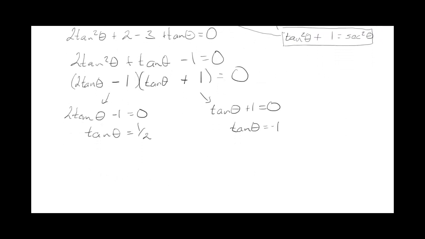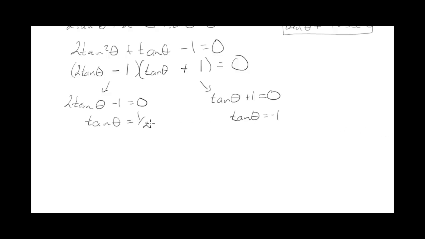And we will solve for theta. In this case, tan theta equals 1/2 is not a special angle, so you have to use your inverse tan function on your calculator. So inverse tan of 1/2 or 0.5, making sure your calculator is set to radians, you'll get